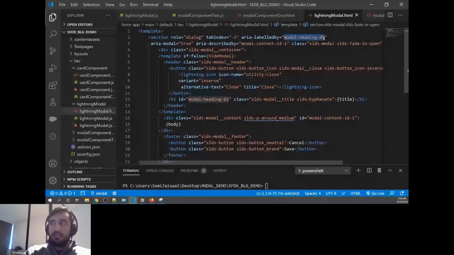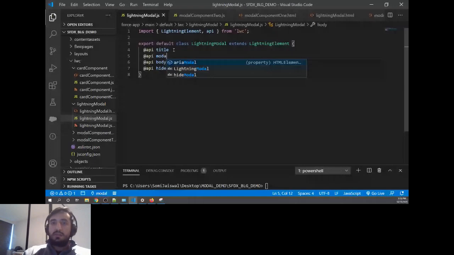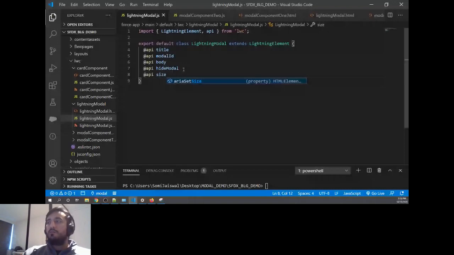I need a modal ID. Then he said a hide modal option should be there. He said I need to know the size as well, if it has some sizes. Apart from that, he said footer I will hide myself, header I will allow them to hide.